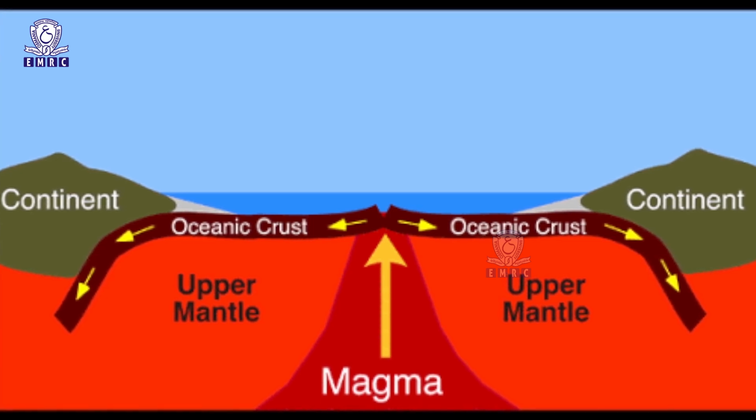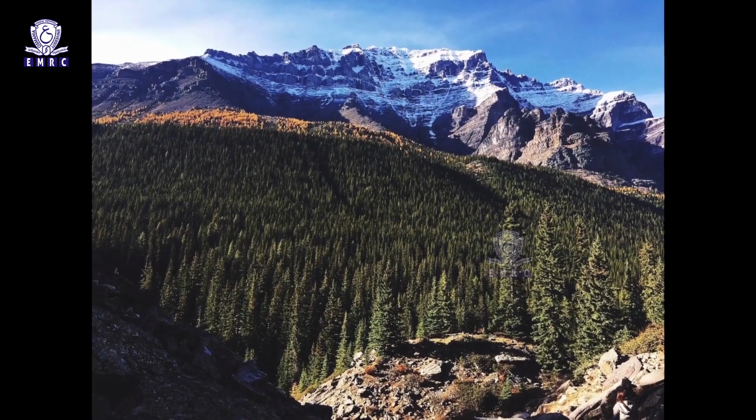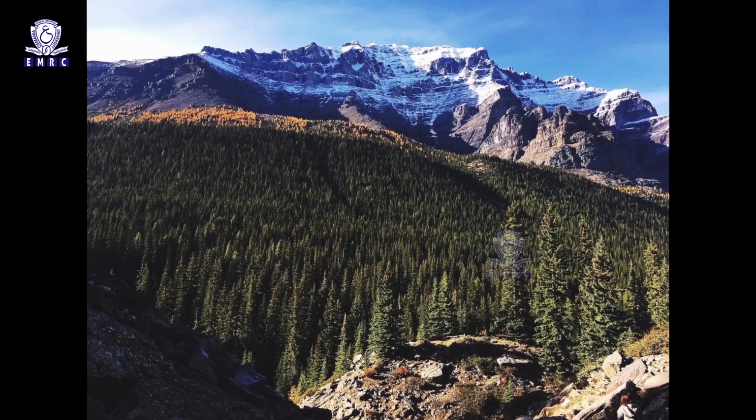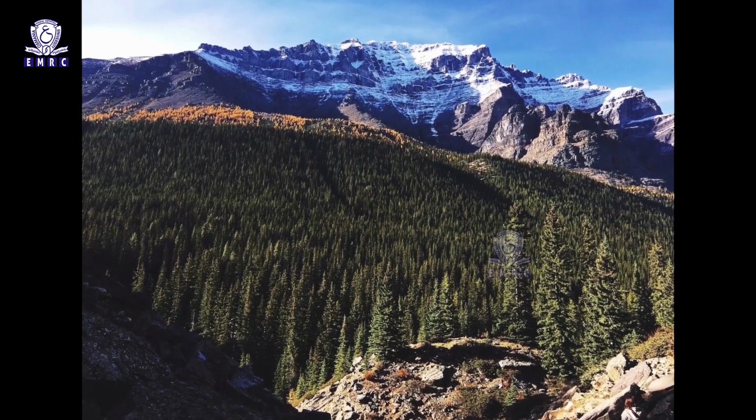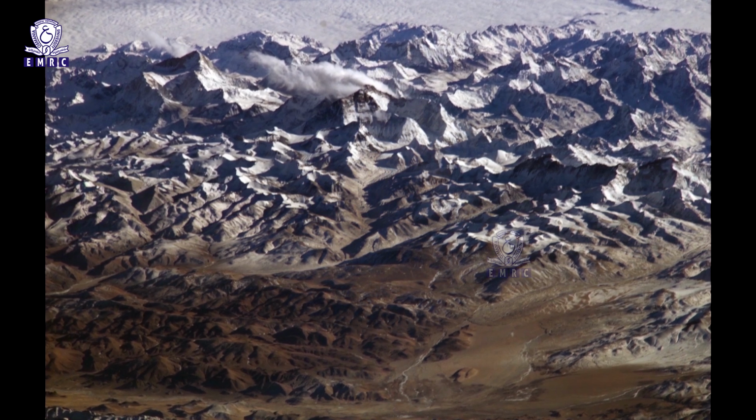Continental crust is thicker compared to oceanic crust. The mean thickness of the continental crust is 30 kilometers, whereas that of the oceanic crust is around 5 kilometers only. The continental crust is thicker in the areas of major mountain systems. It is as much as 70 kilometers thick in the Himalayan region. This layer constitutes less than 1% of the earth's total volume.